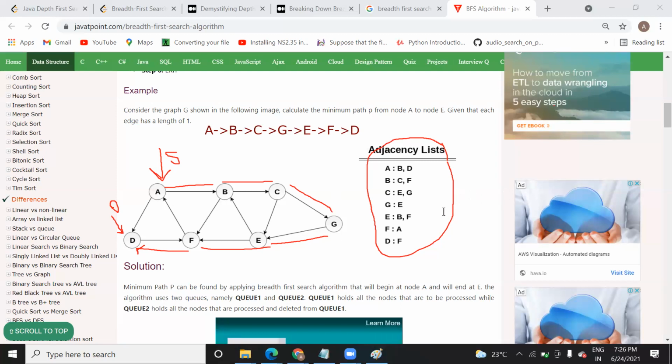One minute, I think, yeah, correct. No, here I made one mistake. You can see here, once I pop F, I need to go to A, and then from A I will go to D. One minute. A to B, B to C, C to G, G to E, E to F, and F to D. So how are we going to reach D like this?